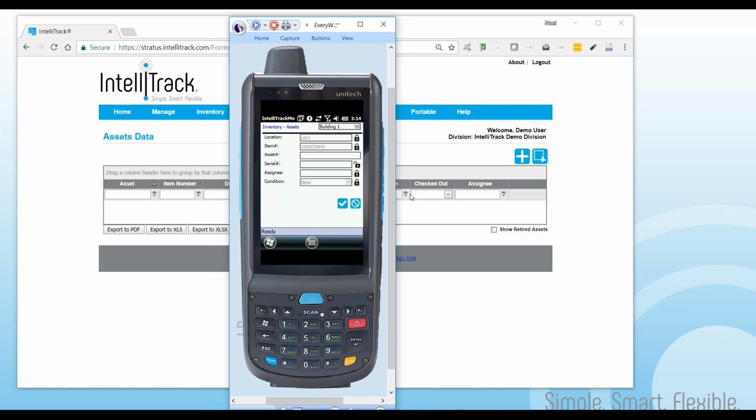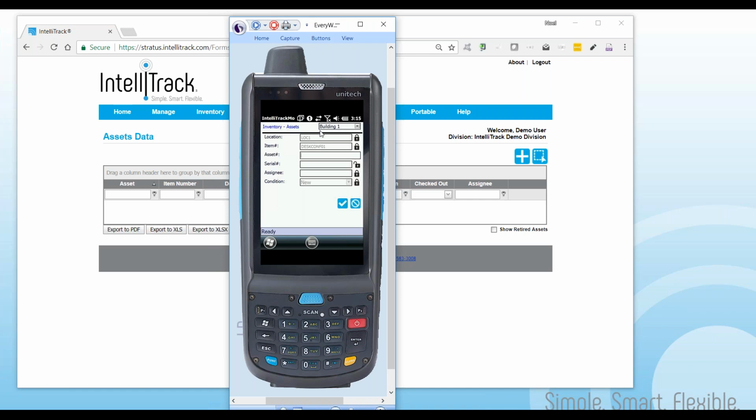And right now I've got form 3 displayed, which is what I'm showing on the screen. This is the best form that's really optimized for adding or inducing new assets into the system. And you can choose form 3 by going to the main screen of the IntelliTrack mobile app, selecting Tools, Preferences, the Assets tab, and then choosing form 3, finally clicking Save, which is the checkmark button down in the bottom